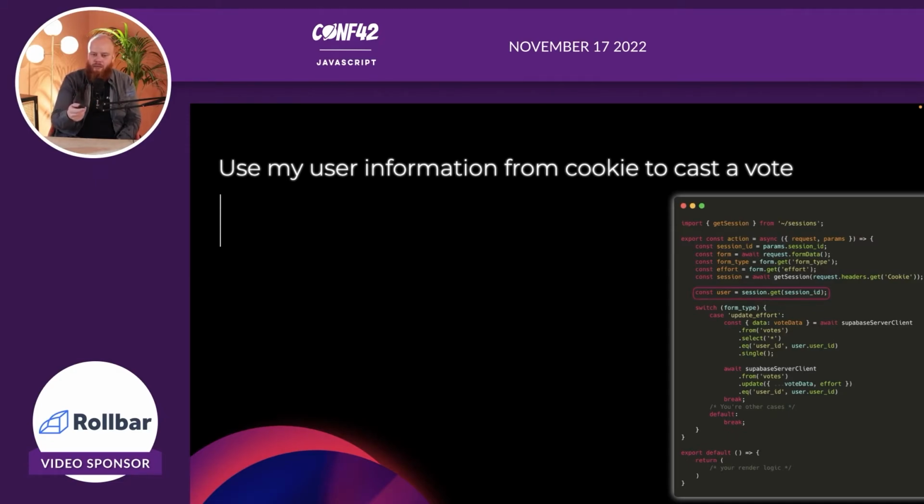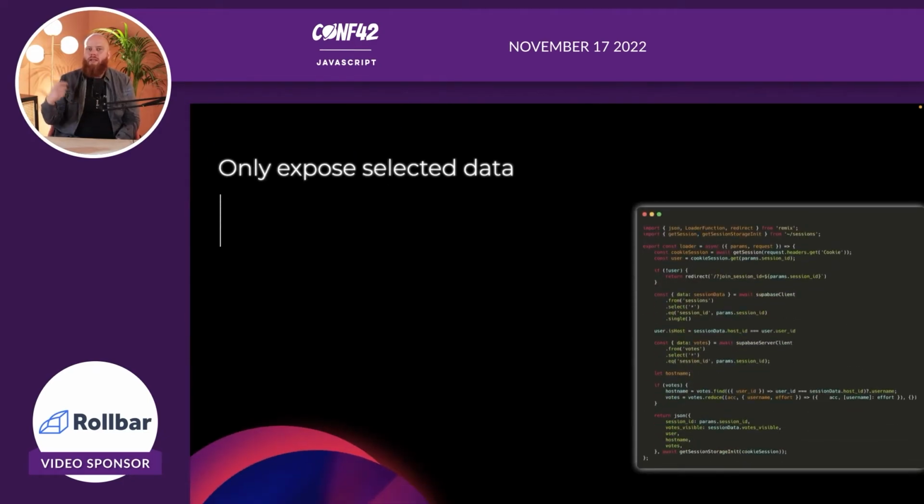So here I can do session.get with that session ID, and I can basically get the data for you, so your username, your user ID. So this makes sure that I can just store your vote, and you can never store somebody else's vote because, well, it's not your session, and you don't even know their ID. Well, you don't know their ID if we make sure that you don't.